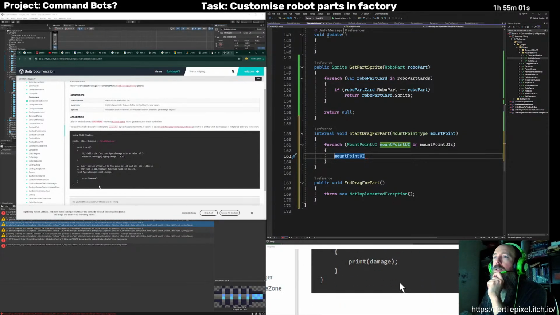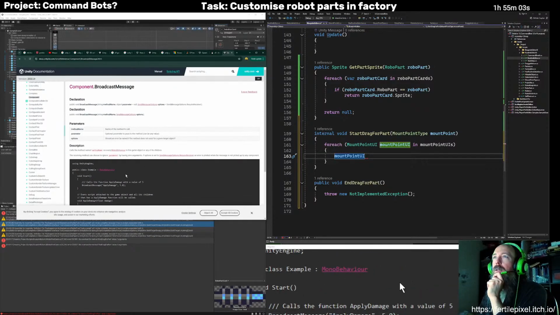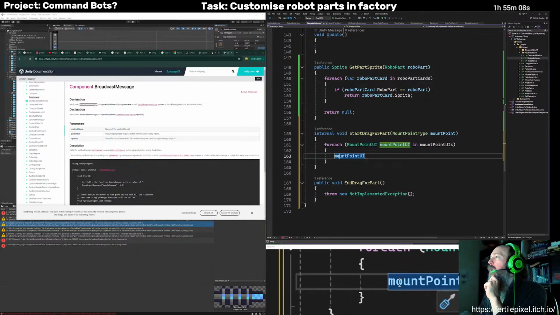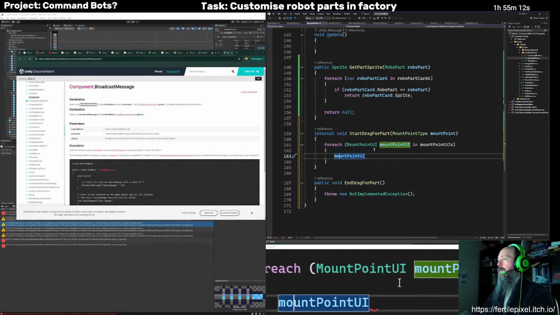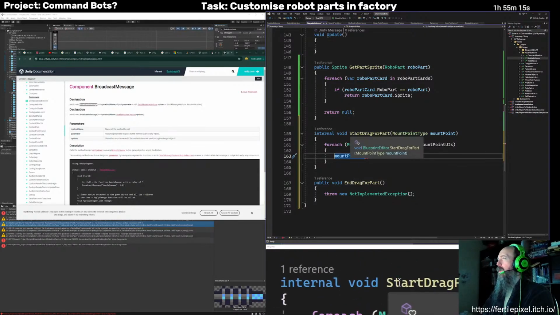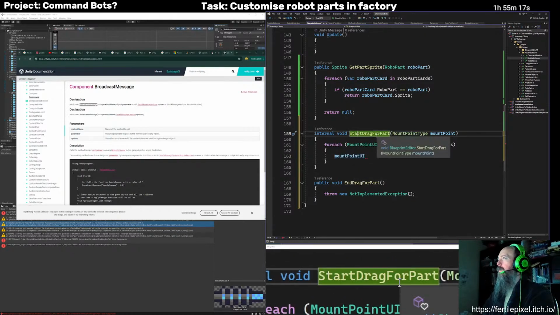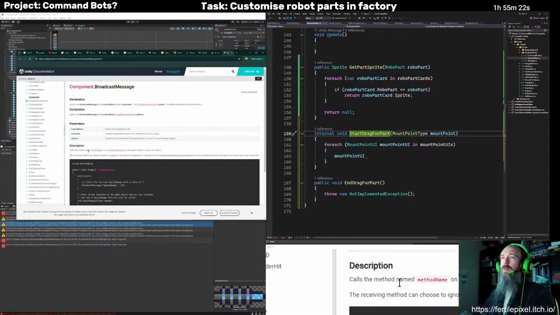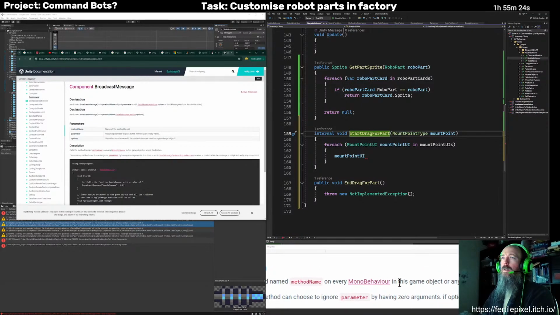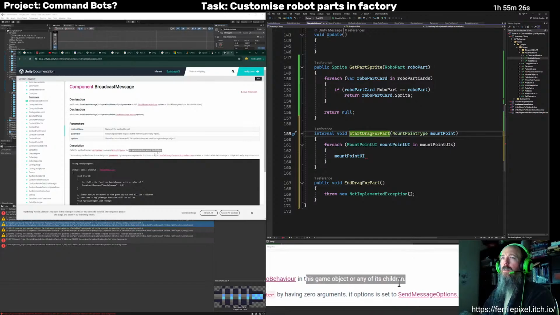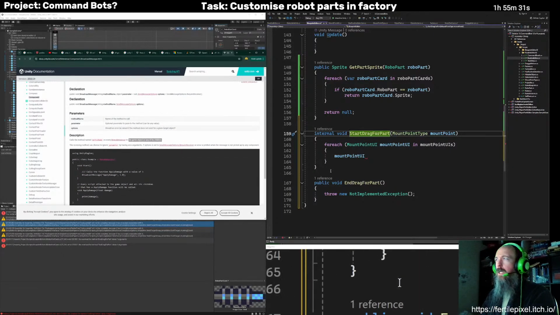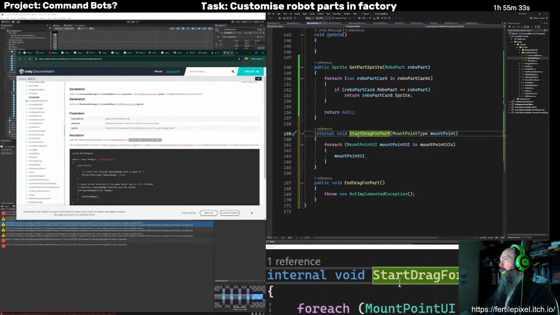Yeah, so this is basically where I could use broadcast message here. So yes, that's talking to this game object or any of its children. So yeah, that's actually just the right tool for this job.